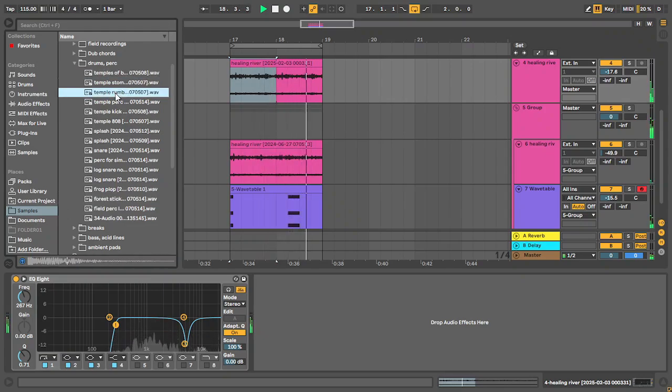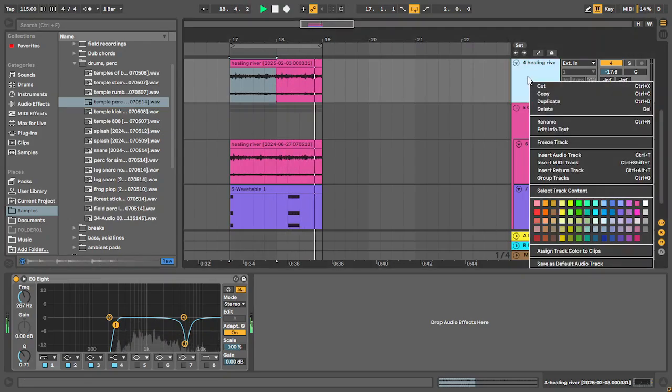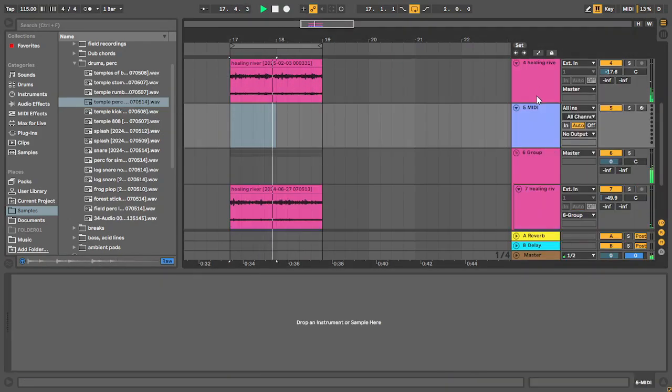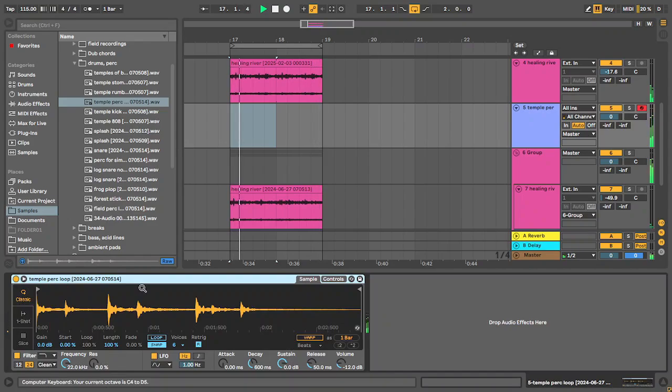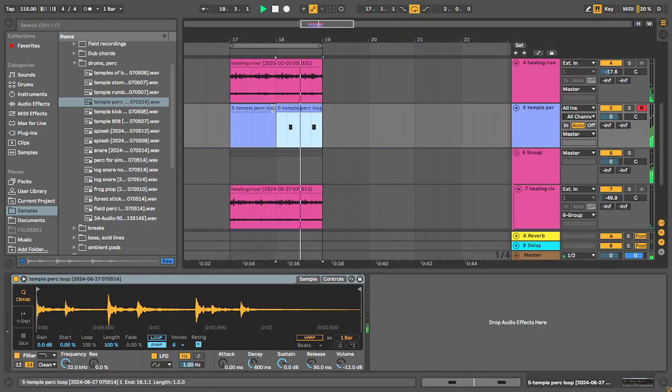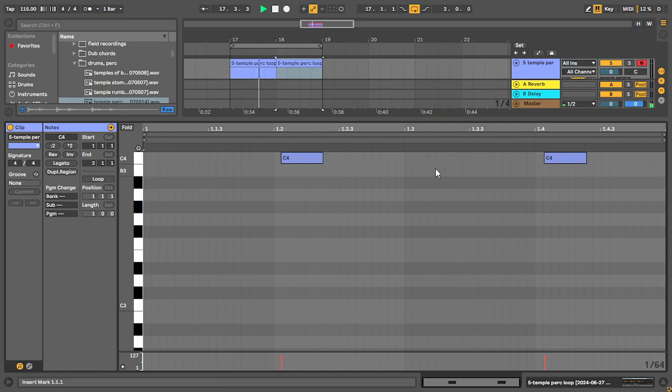Alright guys, so I'm grabbing more percussion, which I want to layer on the track, and I'm going to show you the technique I use to get the percussion to fit everything harmonically. So I've got a sample here of some temple drums, which is again from Sounds of a Forgotten World 2. There's a link for the sample pack right here and down in the comments. And the basis of the idea is, what you want to do again is just create a tight loop around your percussion sound. So I put in a MIDI clip,